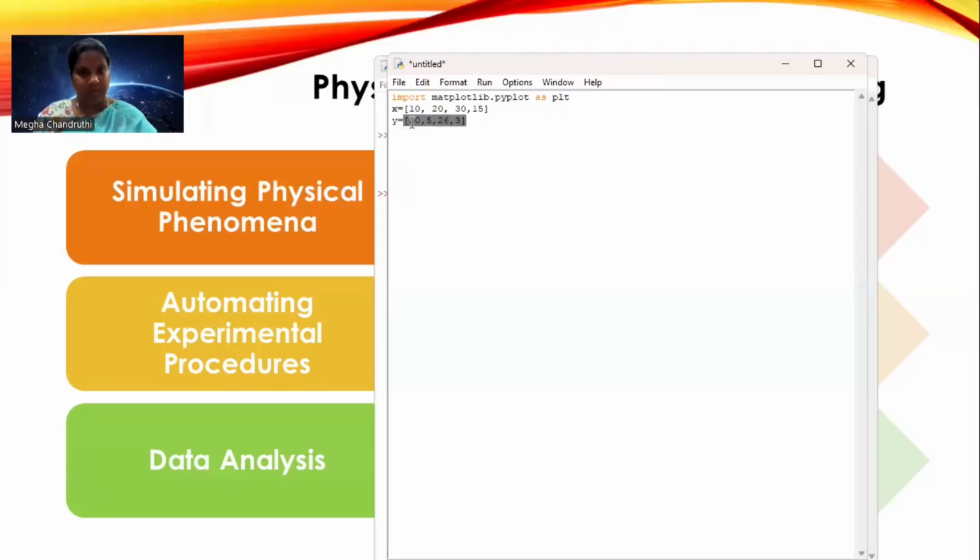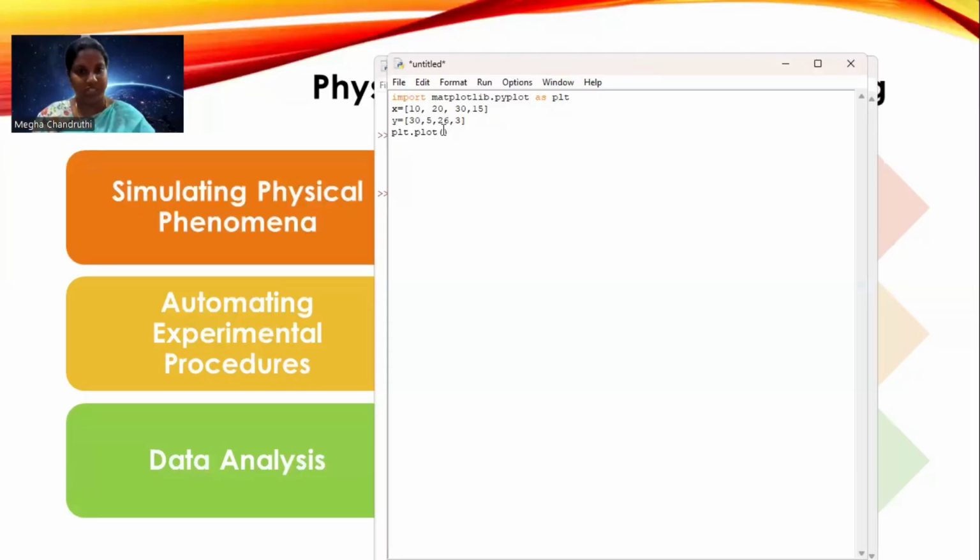Okay. So two sets of data have been given over here. Next, we have to use the library's short name and call the function plot. What is this plot? It will plot the line chart. If you want to plot a bar chart, you have to use bar. Pie chart means pie. Like this, for a variety of charts, a variety of functions will be there.